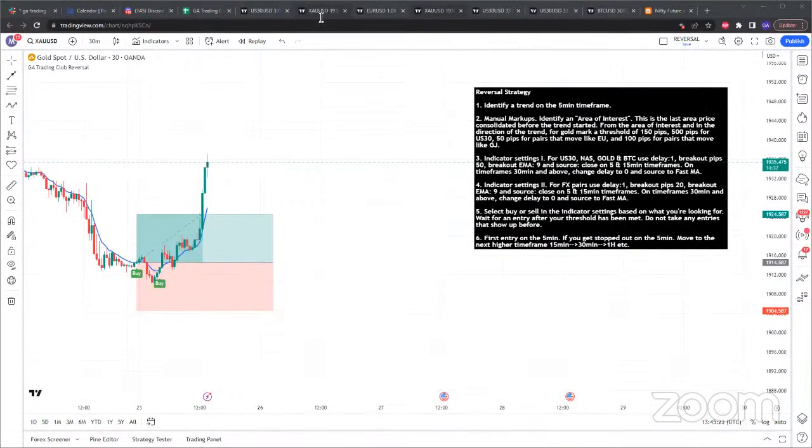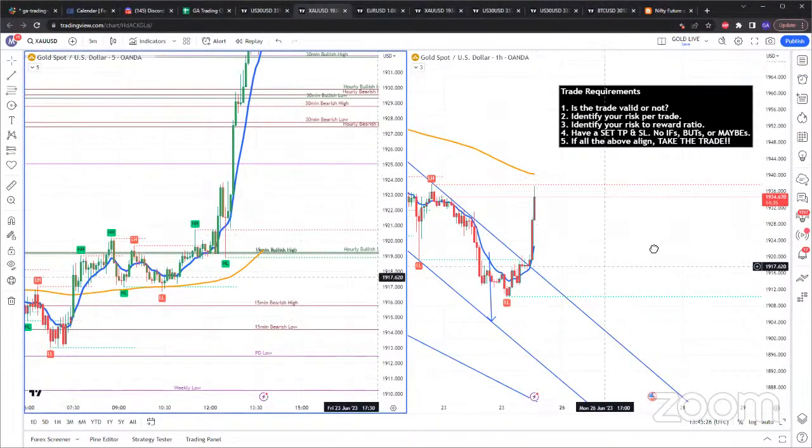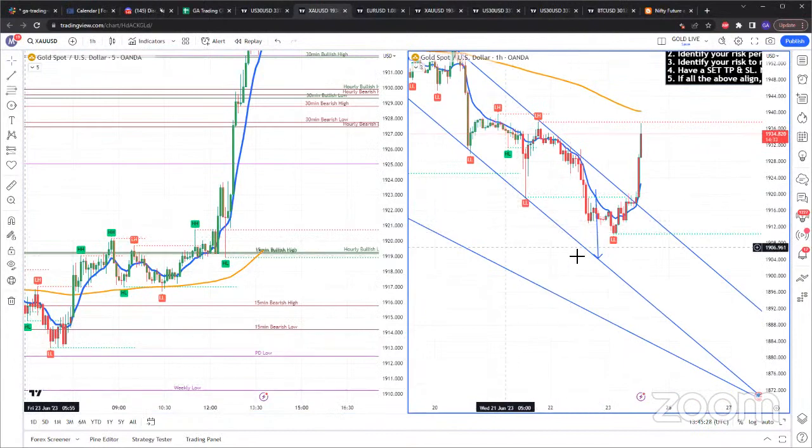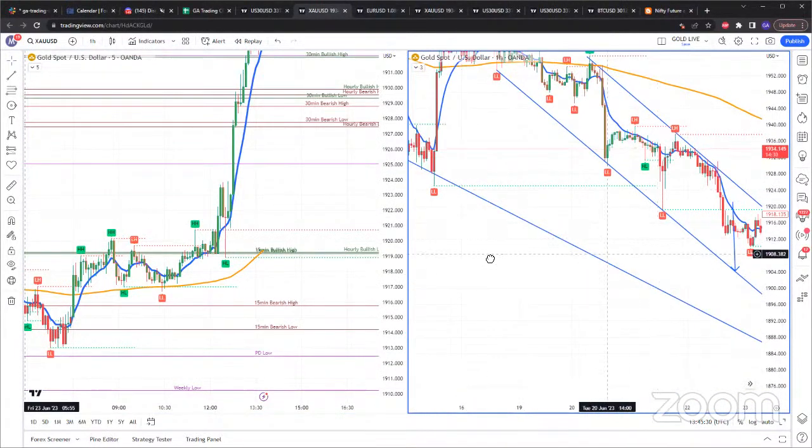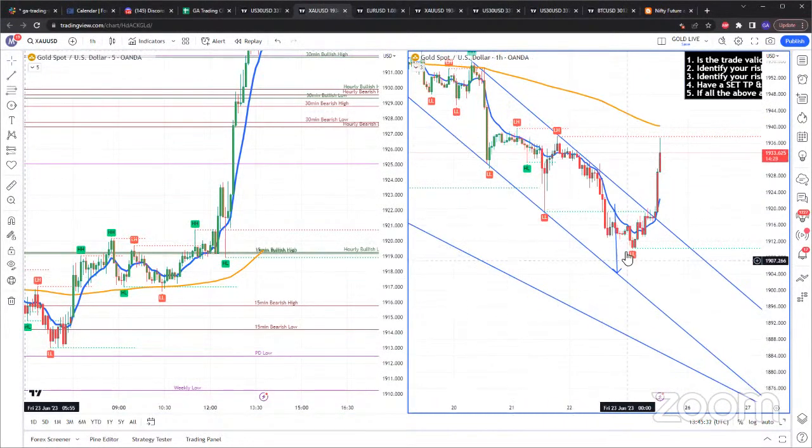All right. So here for gold, these are the trend lines I had drawn yesterday. So we had 3 trend lines: 1, 2, and 3. So I was expecting gold to go to the 1900, 1905 area. But again, static trend lines don't always have to be retested.